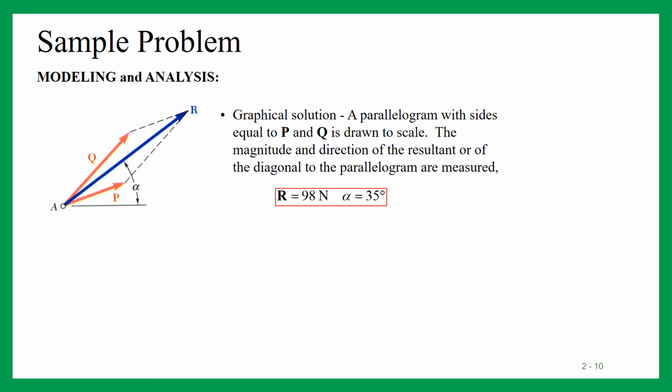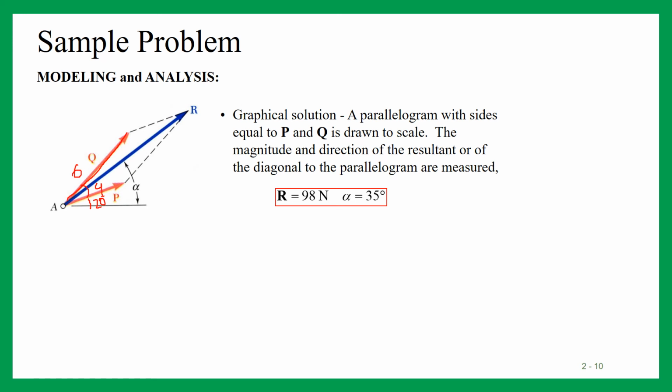So what we have done, suppose this is the horizontal. We have drawn P, and this angle will be 20 degrees. Then you can take 25 degrees and draw Q. This length is, suppose, 4 centimeters, and this length is 6. So now you have drawn the two sides of the parallelogram.